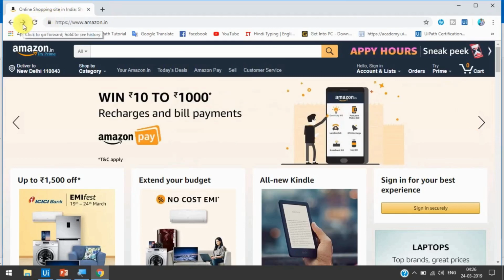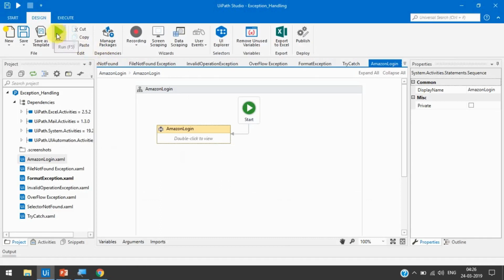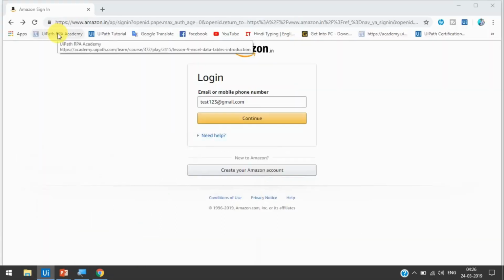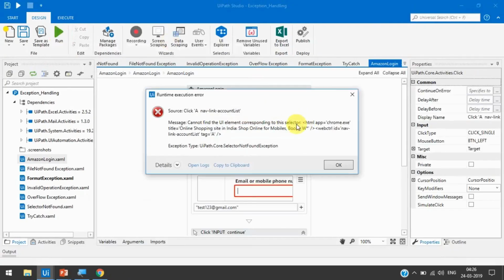So knowingly I am going to make one mistake. I am just going to click here, okay, and then I am running this project. The main motto is to show you the use of the try catch block. So see here, now you are getting an error: UiPath.Core.SelectorNotFoundException. It means you are getting an exception.